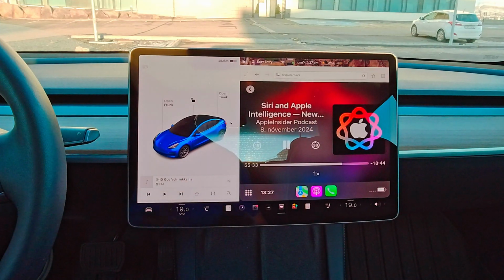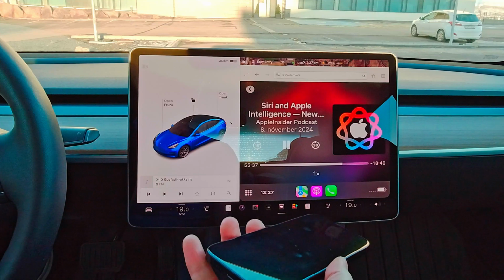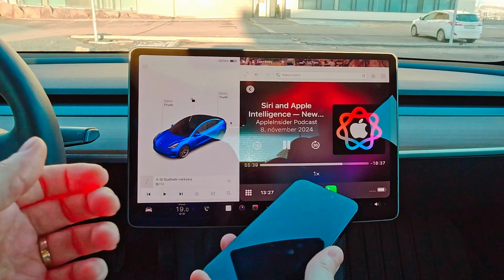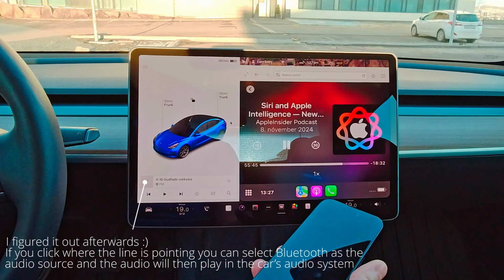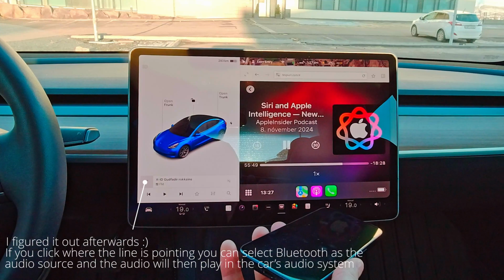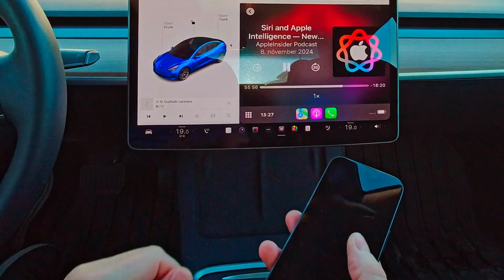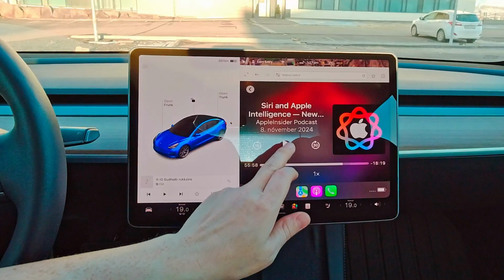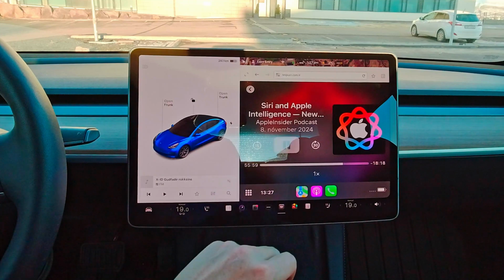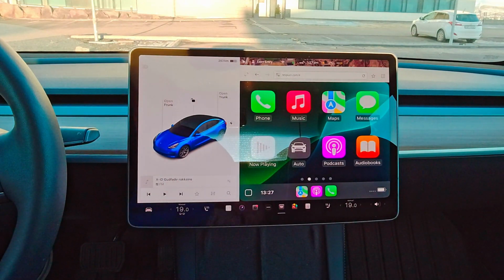This is a media app. It works, but the audio is coming from my iPhone. So I'm wondering if it's possible to get the audio to play on my car, but at the moment it's only playing from my phone. But at least the podcast app works, and I can actually stop the podcast from my phone, or I can just control it from the Tesla screen. So that works. And we have audiobooks,